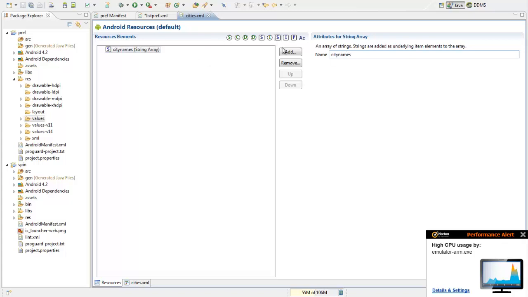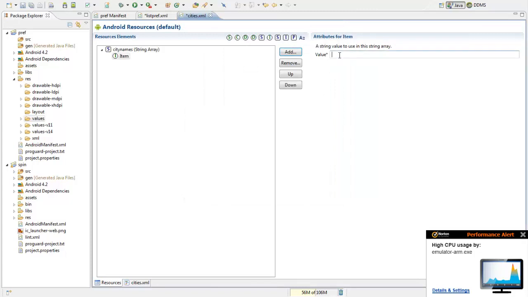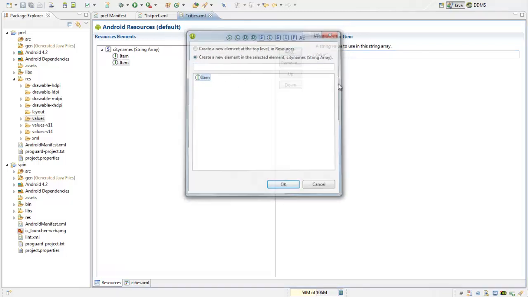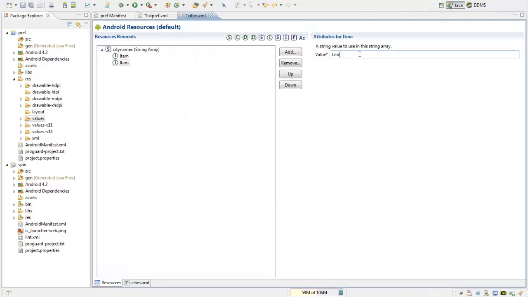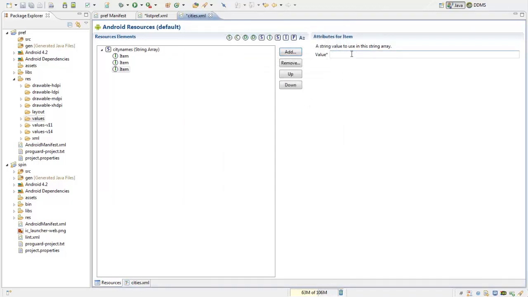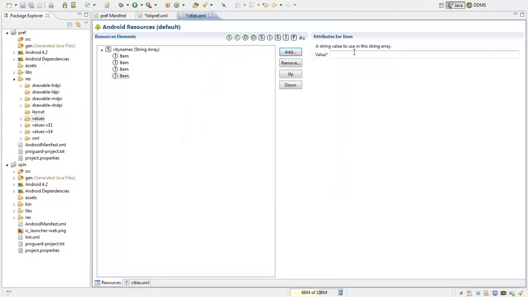and within that I'll add the names of some cities, say New York, say London, say Washington, and say New Delhi.